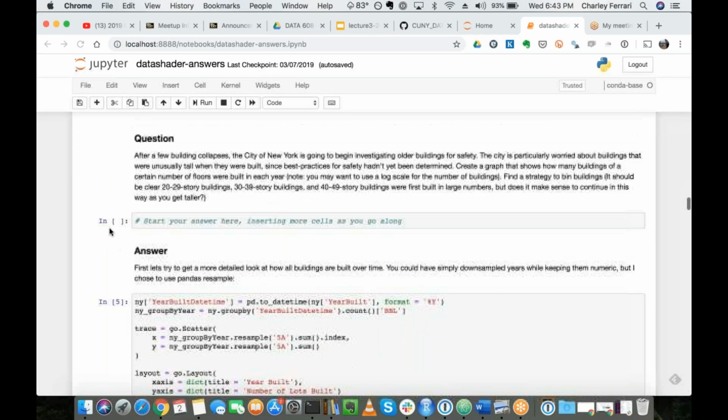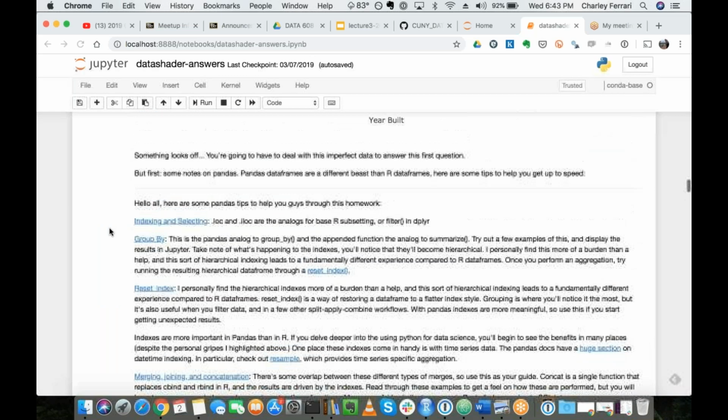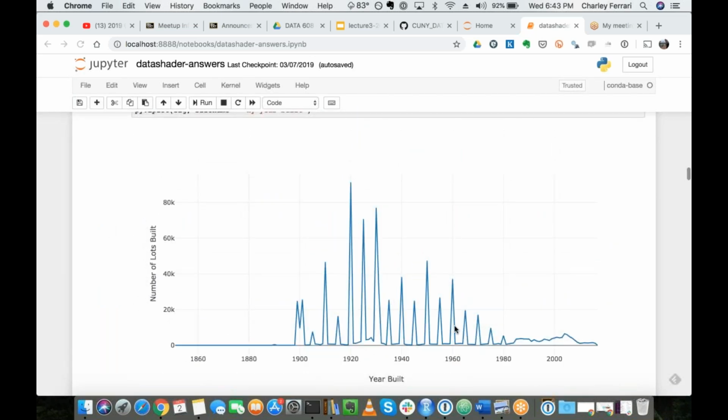So to start out, for this first question, we're examining blocks of different height buildings. We want to see when the older buildings were built in each of these categories, and try to get an idea of what might be happening. I started out the assignment with this naive visualization